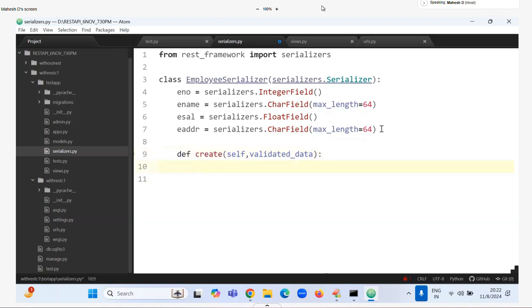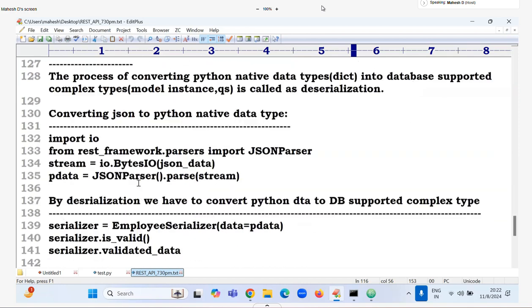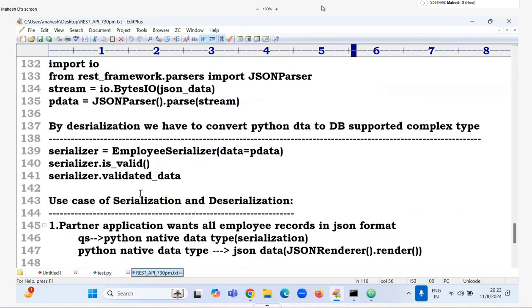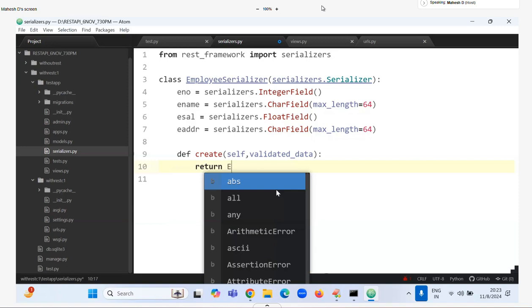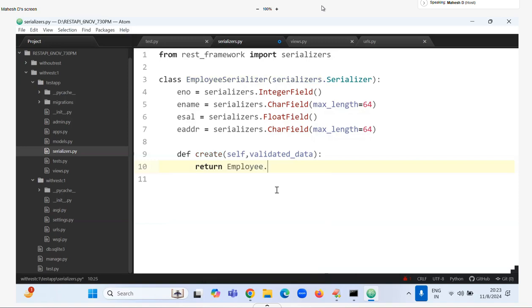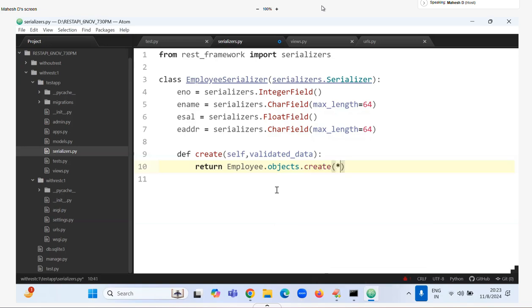What is this validated data? It is the variable at the time of deserialization. What is the name? Validated data. That is the data I am passing now. Now return Employee.objects. What is the method? create(**validated_data). Because it is a dictionary, from the dictionary I read every key and value and create one